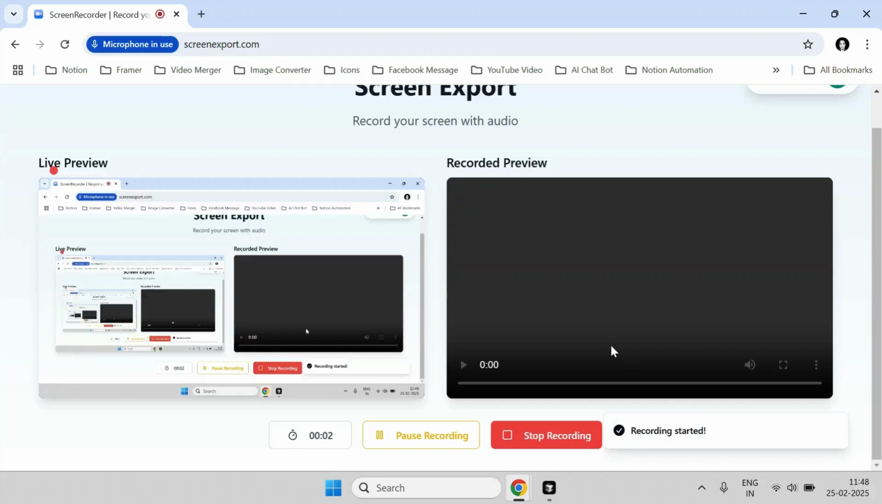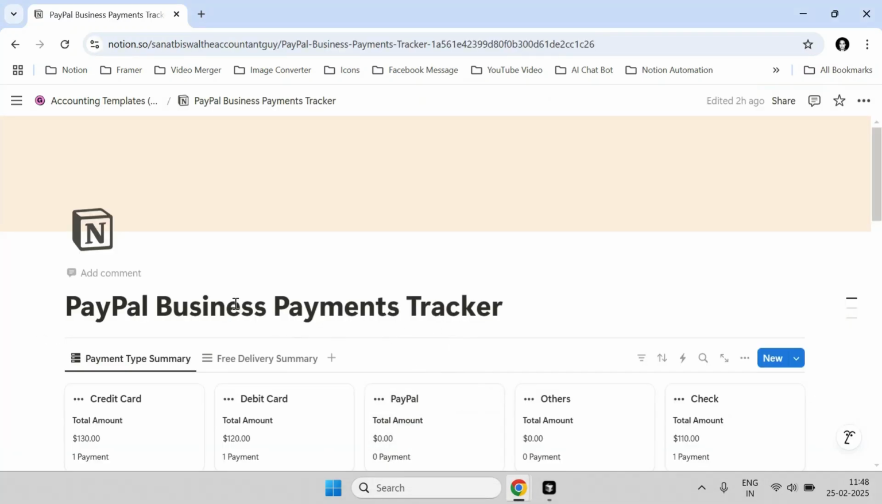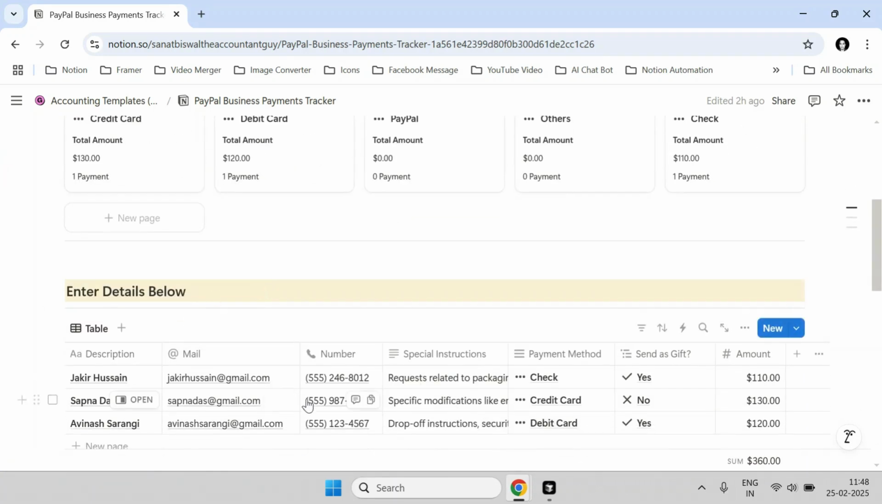Hi, today we're going to talk about PayPal business. We're going to understand how you can track your PayPal business payments that are coming in through this simple tracker developed in Notion. First of all, if you see the table below, you have some of the details